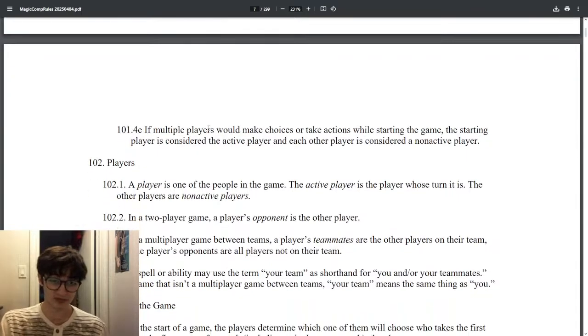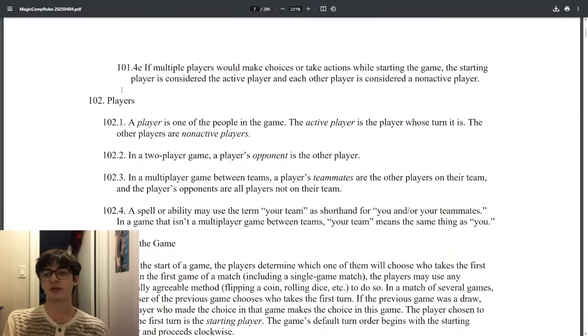101.4e. If multiple players would make choices or take actions while starting the game, the starting player is considered the active player and each other player is considered a non-active player. Serum Powder is in your hand. You have the choice to mulligan, and you are not playing first.